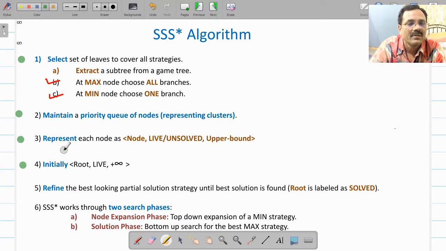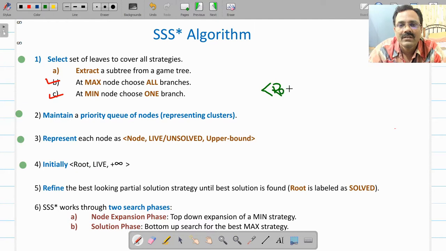Therefore root, you are going to label it like this. You are going to represent and put it on the priority queue with this value. So node name is root. Initially it is unsolved, so live, and then initial value will be some large value.